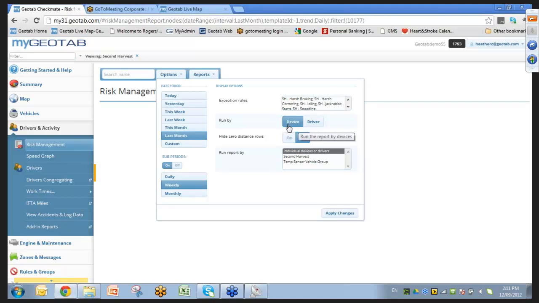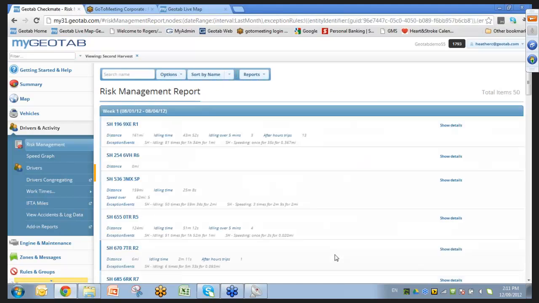You can choose by device where you have driver ID. You can, as you guys know, you can still choose by driver ID. And here you can also run the report by individual devices or drivers, or you can run it by particular groups, okay, which will sum it all up for you, maybe for a higher level of reviewing the data, okay. I'm going to keep it on the individual devices, and let's apply changes to take a peek at this particular